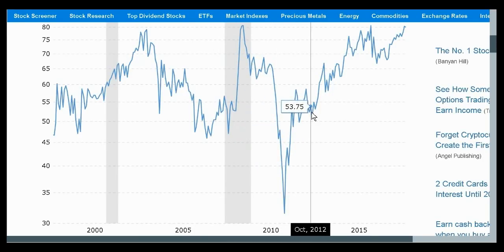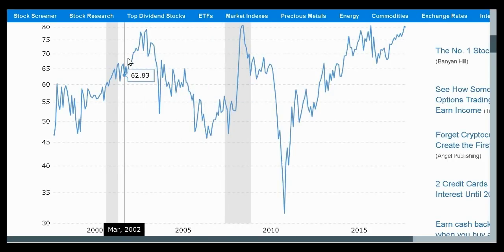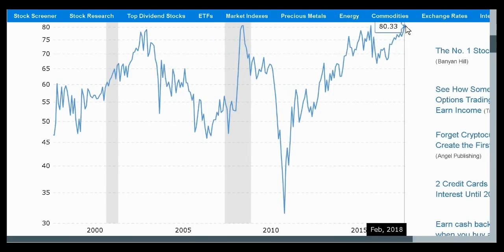And so when the gold to silver ratio goes up around to the 80 level, which is where it's at right now as I'm making this video, then if you have gold and silver, you may want to consider selling some of your gold and buying some silver. You might just want to consider it. You have to make your own decisions. I cannot tell you what to do, but it's something to think about.